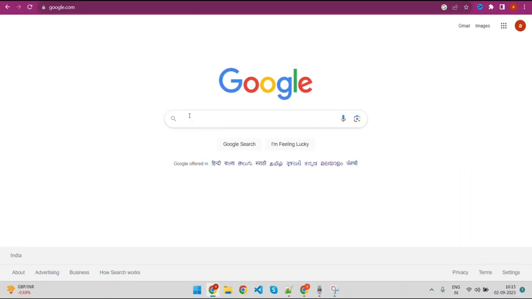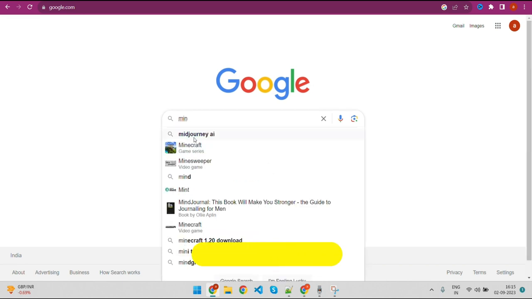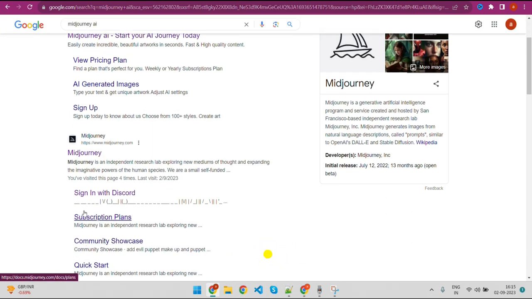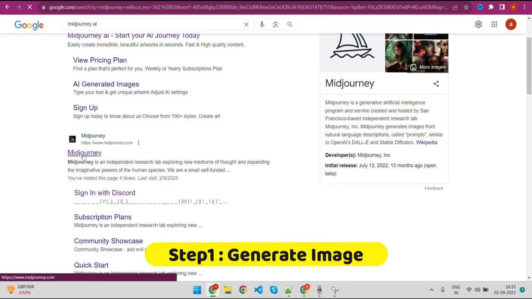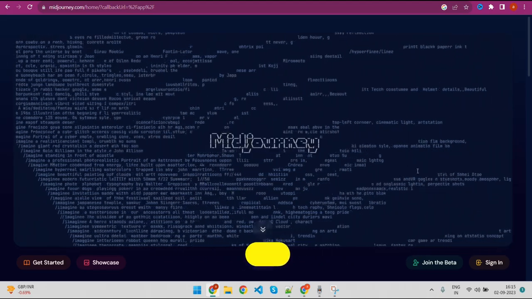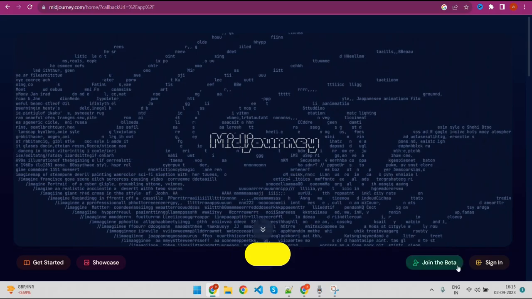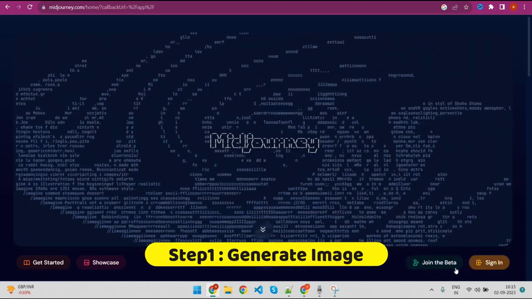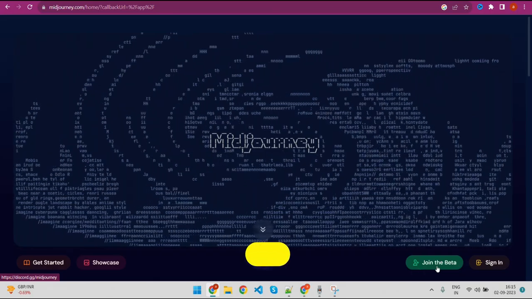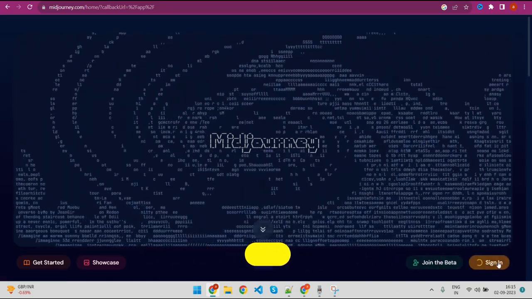Okay friends, so let's go to Google and we'll type Midjourney AI and click on this website, Midjourney. Once you click, this website will open and there are two options: join the beta or sign in. If you already have an account, you can click on sign in, and if you don't, click on join the beta. I already have an account, so I am clicking on sign in,